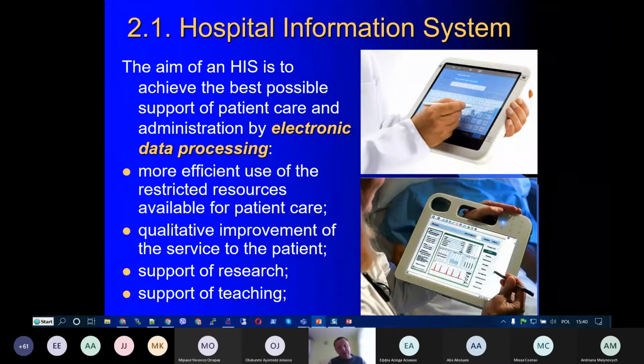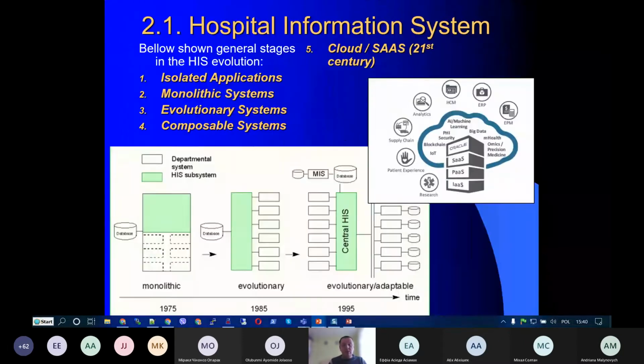But if we talk about the hospital information system, it's not only that. We have other aims than EMR, because they are not the same. About the aims and benefits of EMR, I have already provided a brief intro. So now we move deeper and touch a little bit on the history of such systems, which were born in the late